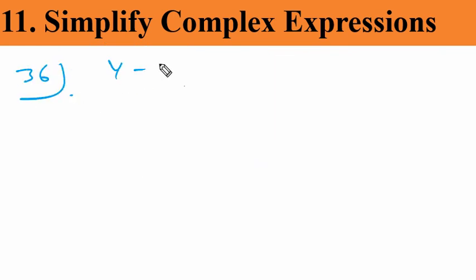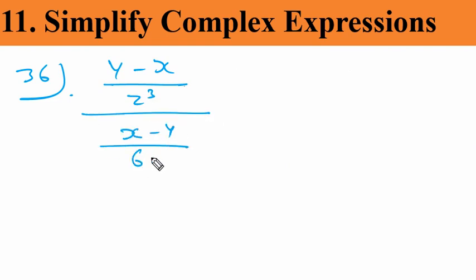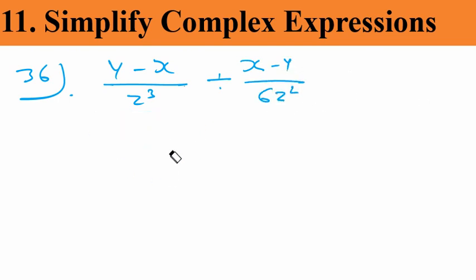36 y minus x over z power 3. Again a big division sign, x minus y over 6 z square. So what will I do here? I will use the division sign. I will substitute this whole thing, x minus y over 6z square. I will remove it from here, change it to a multiply sign, and flip it: multiply 6z square over x minus